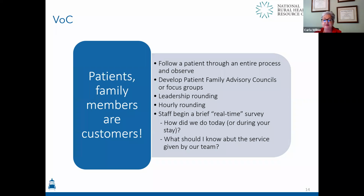So patients, family members are our customers, and a lot of people in healthcare hate to think of patients and families as customers, but they are, and they are consumers, and they are very savvy consumers today. Now that there will be shoppable services, if patients can make decisions to go certain places for certain services, they will. These large deductible health plans are creating an environment where our patients, because some of this is coming out of their own pocket, are going to be shopping for their services and making more